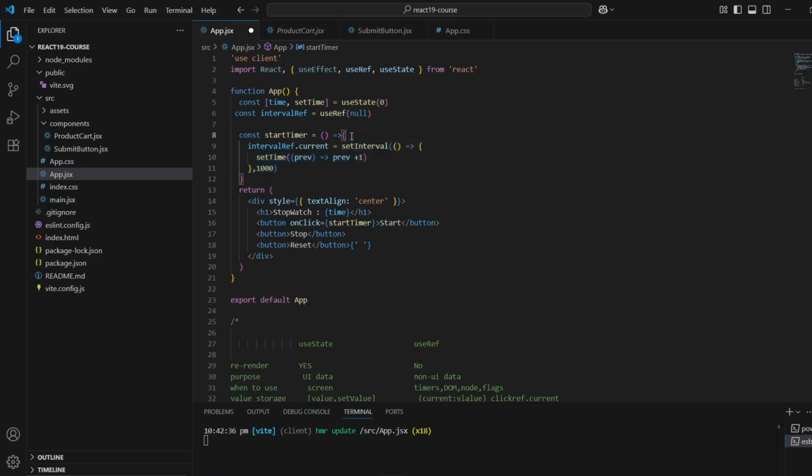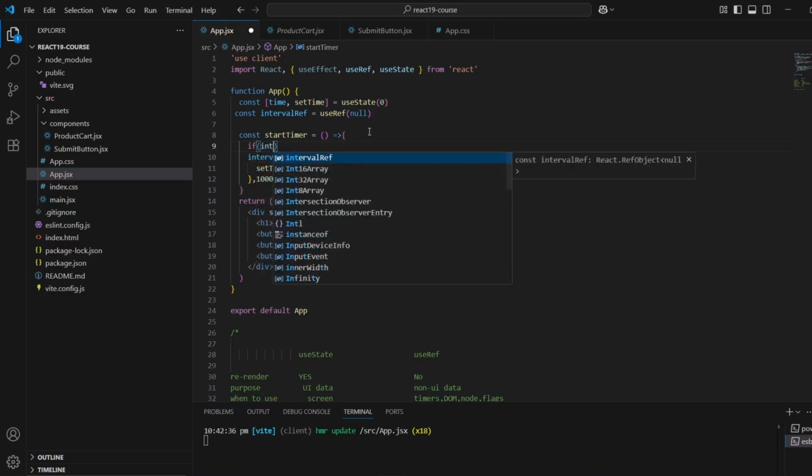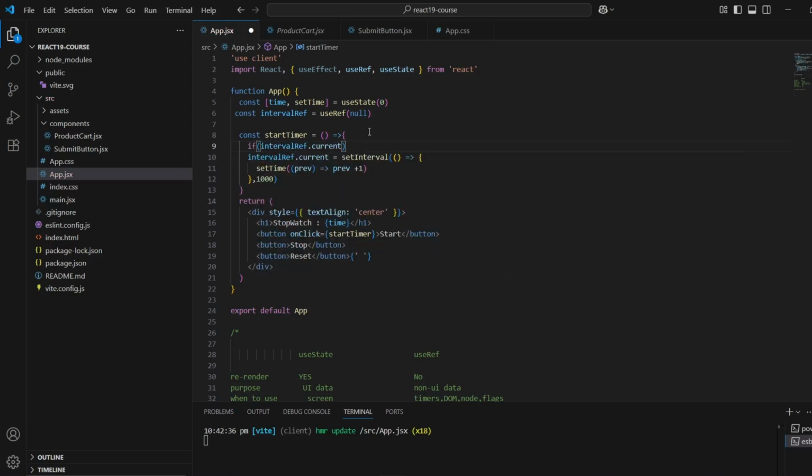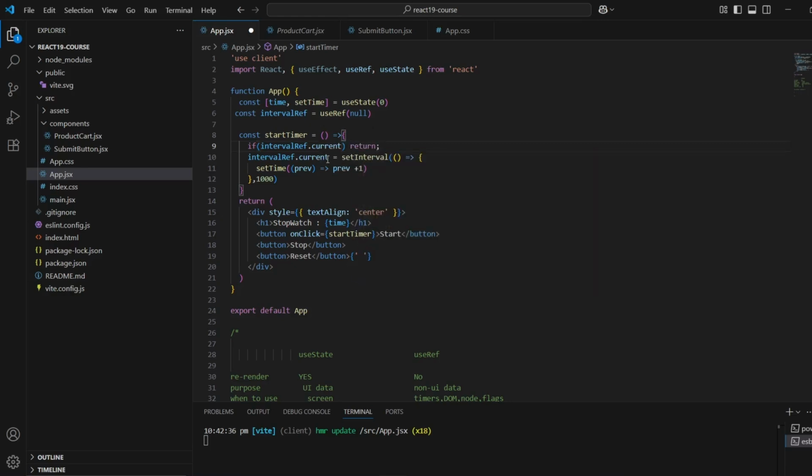Before storing a new interval in startTimer, I need to also check if there is already an interval in our ref. In that case, I don't want to store anything or replace it. So let's add a check here: if intervalRef.current has something, then return from this function. I don't want to execute it.